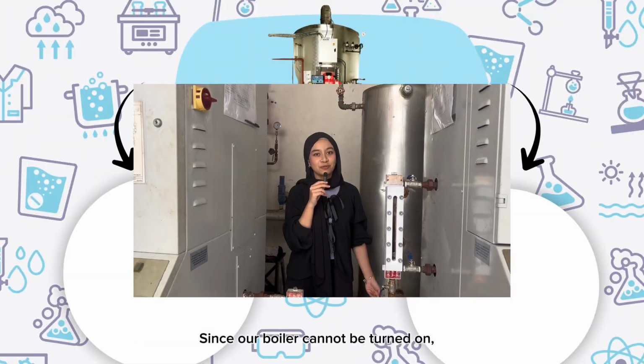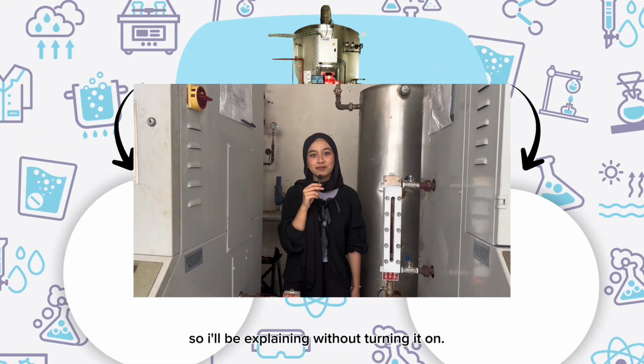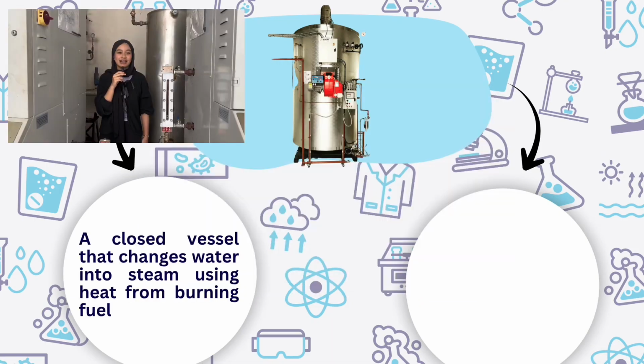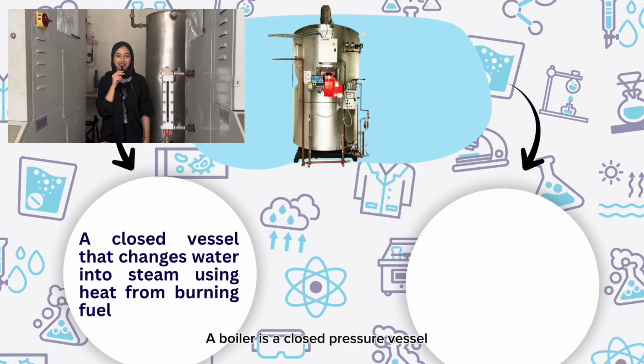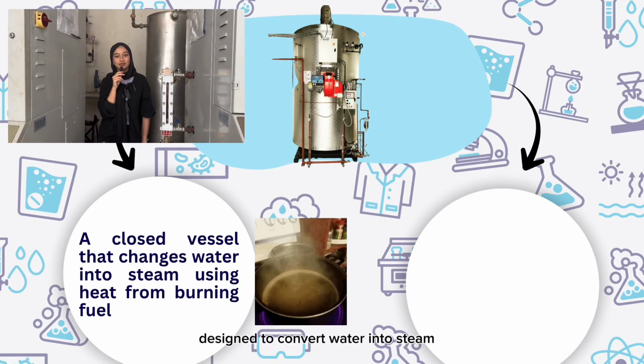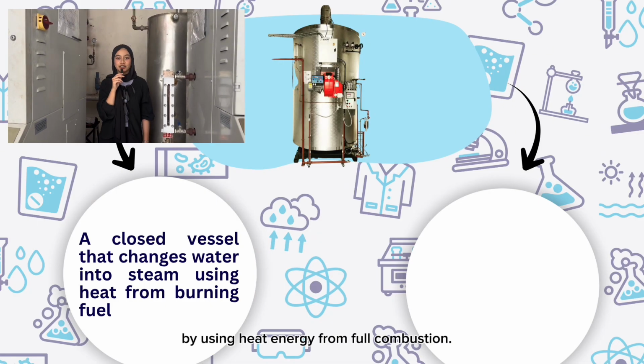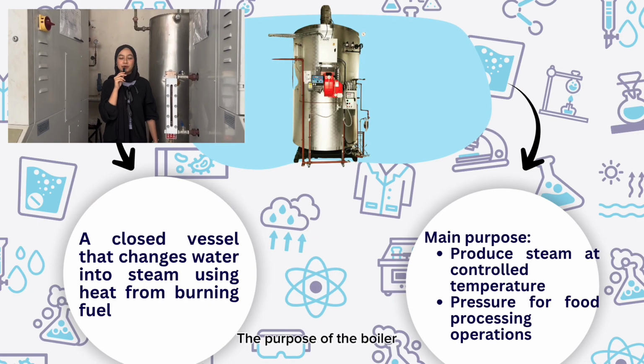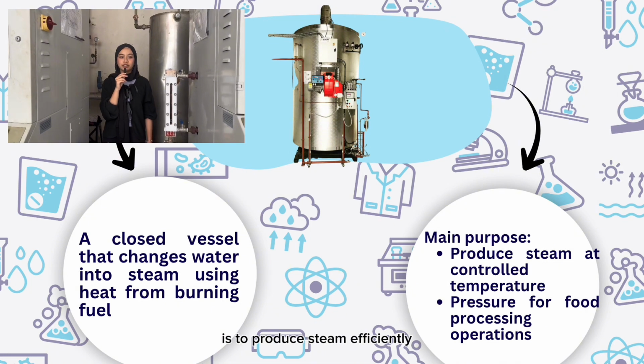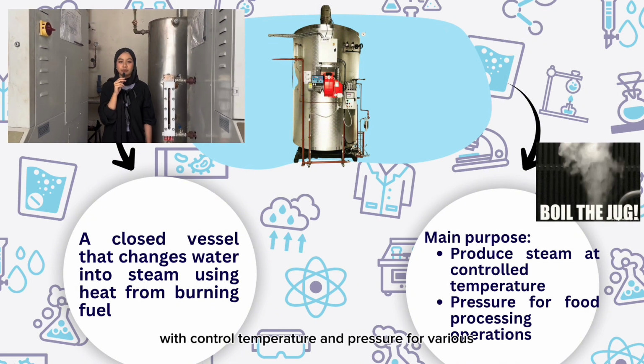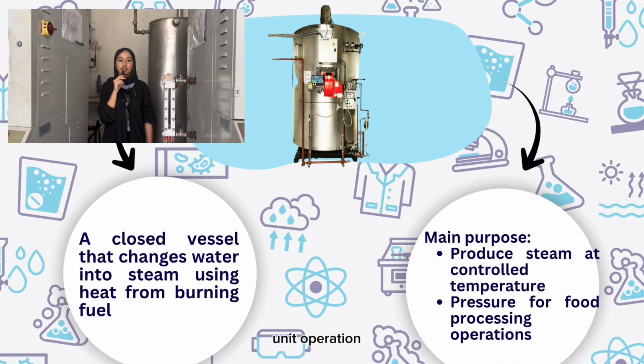Our boiler cannot be turned on, so I'll be explaining it without turning it on. A boiler is a closed pressure vessel designed to convert water into steam by using heat energy from fuel combustion. The purpose of the boiler is to produce steam efficiently with controlled temperature and pressure for various unit operations in